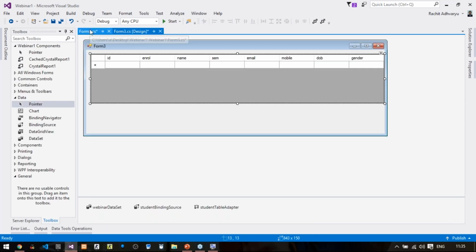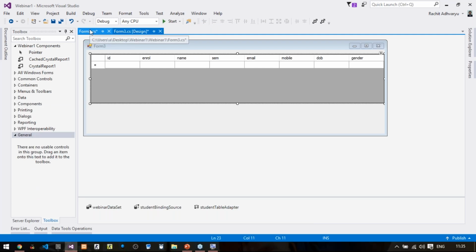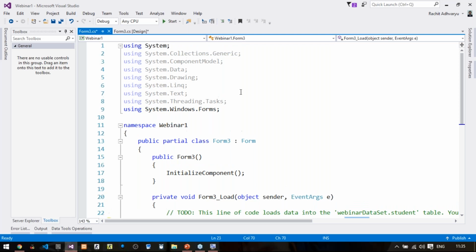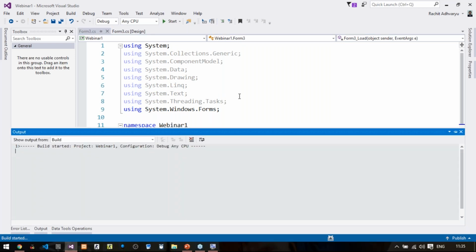And what you want to do is fill that adapter with the webinar data set that contains the student table. So if I execute this form, you will see the output. So here is your data, right?